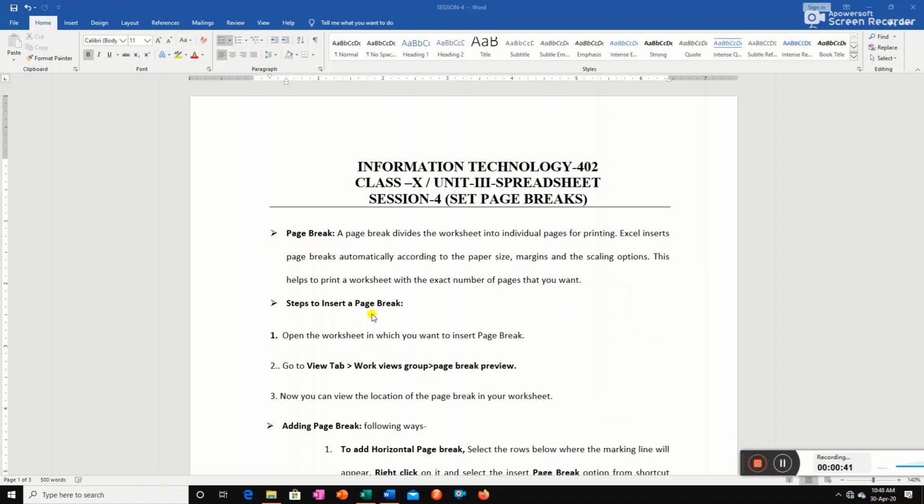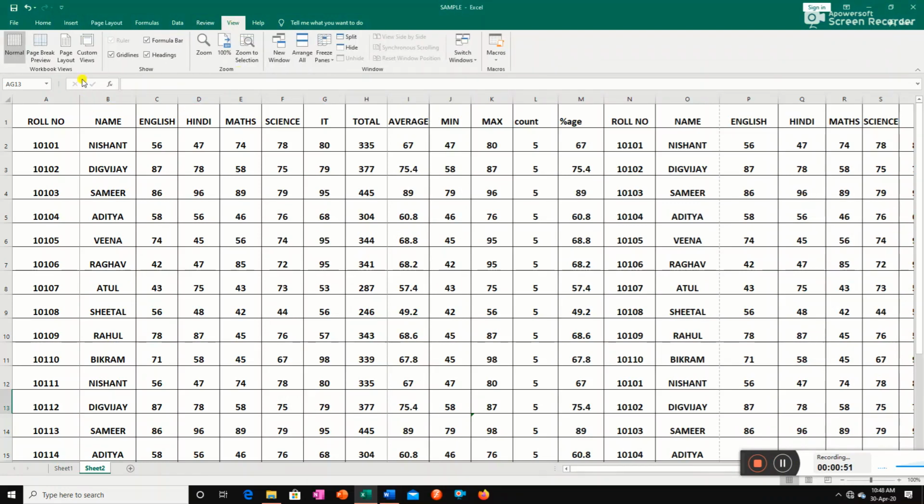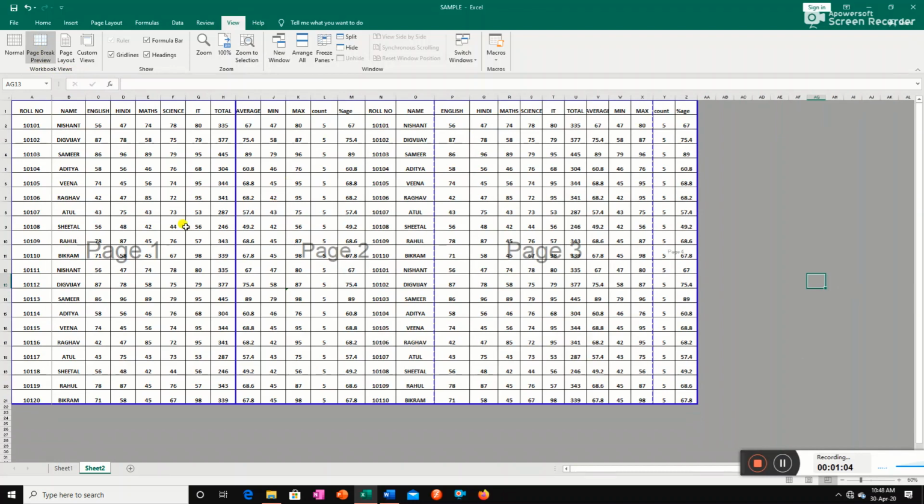So what are the steps to insert a page break? For this, we need to open the worksheet, then go to the View tab, then click on Page Break Preview in the Workbook Views group. Then you will observe your worksheet is divided into 3 pages: page 1, page 2, page 3.